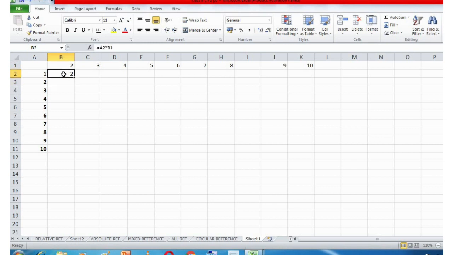Yes, 1 into 2, sorry, 1 is not over here, so I want 1, 2, 3, 4, 5, 6, 7, 8, 9 and 1, 2, 3, 4, 5, 6, 7, 8, 9 and 10. Okay, so in this cell students, what is happening? This one is getting multiplied with this one and this one. So 1 ones are 1.